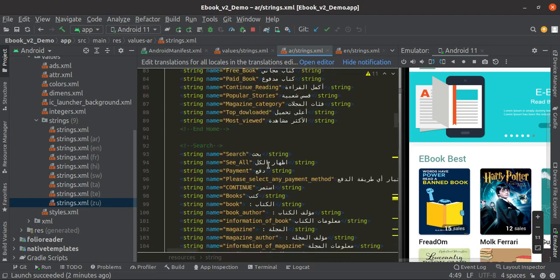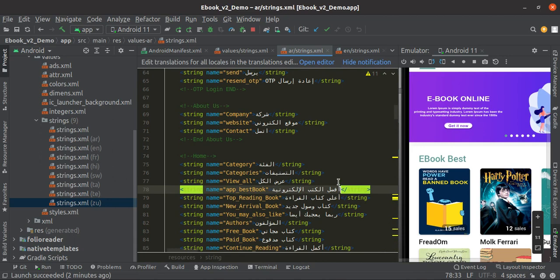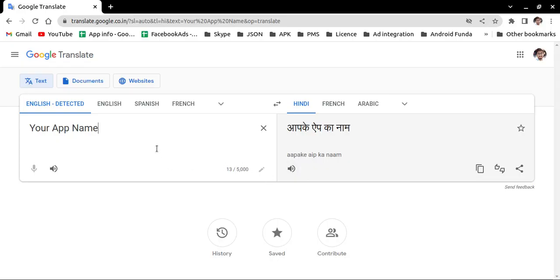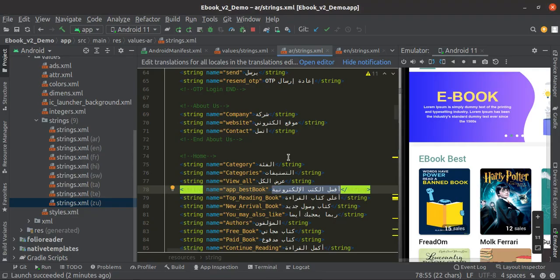So just find it out, app based book, and just replace it with app name based. In Arabic, copy this and paste here.